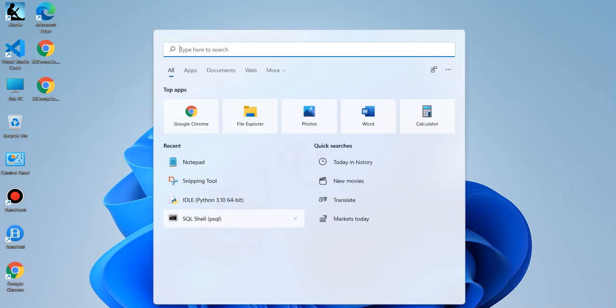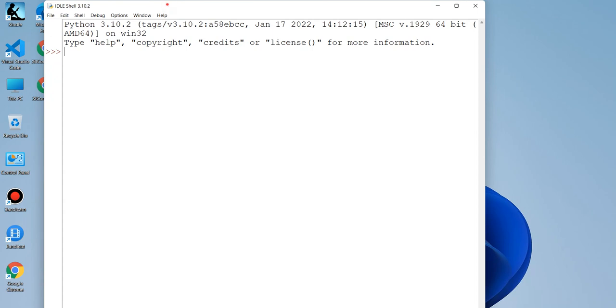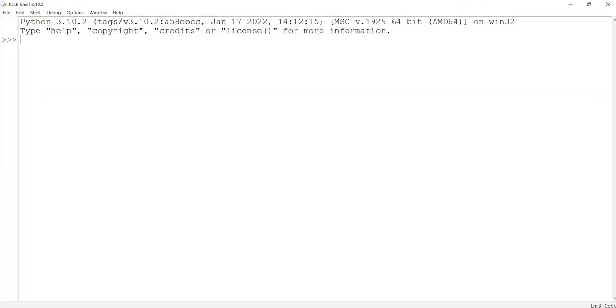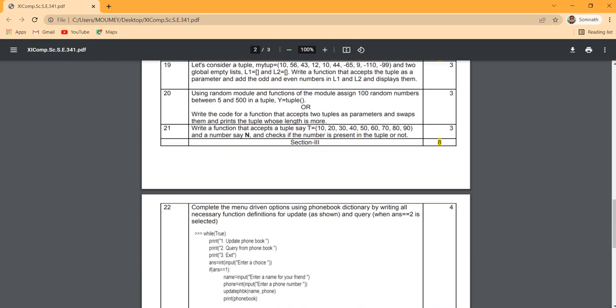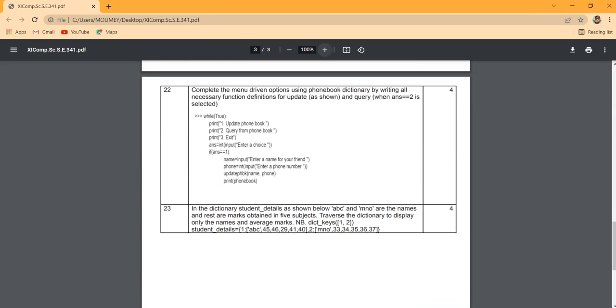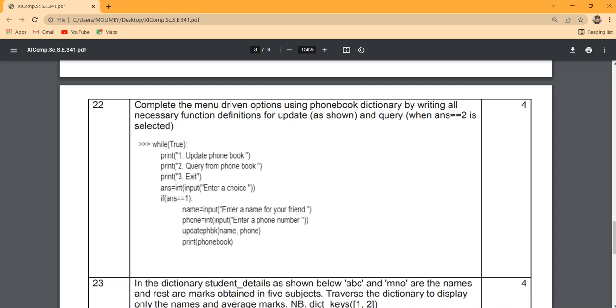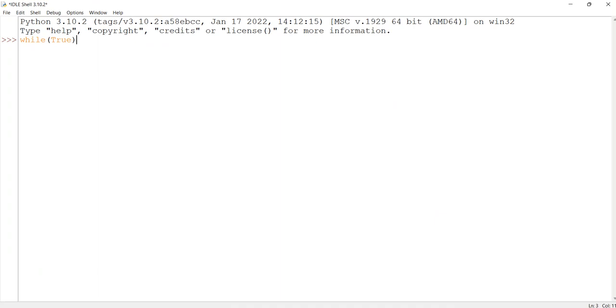We open Python and we'll first write down the necessary functions, and we'll be importing some modules also. But before that, let us check the part of the question that was there. So it was like this: while true. We can always see the question from here. We can keep it open in one of the windows and refer back to it whenever required. So we are actually going to type this much first. So while true,